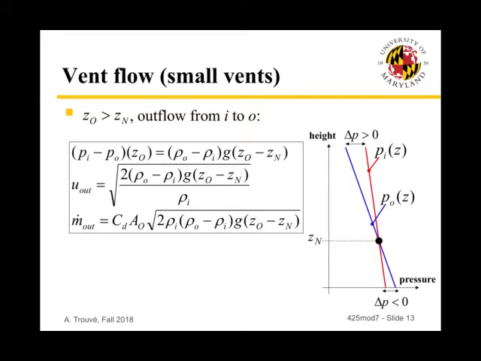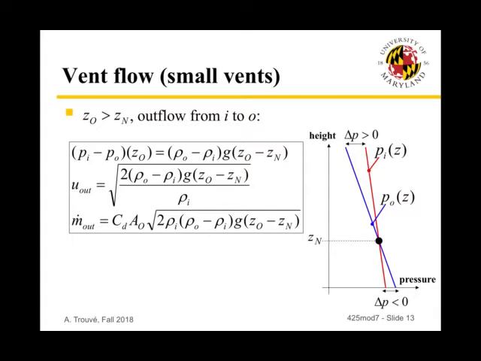The Bernoulli velocity is the square root of 2 delta P divided by rho, where rho is the density of the material that goes through the vent. So if we have outflow, it's rho I that needs to be used in the expression for the Bernoulli velocity. And finally, at the bottom of the slides, you have the mass flow rate m dot out,